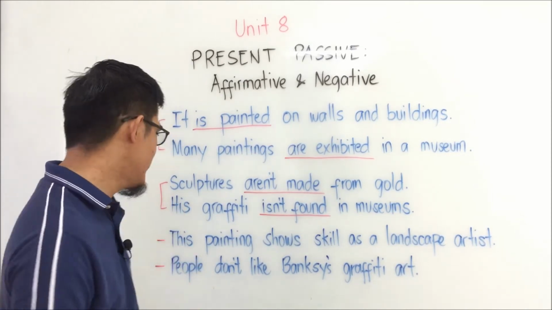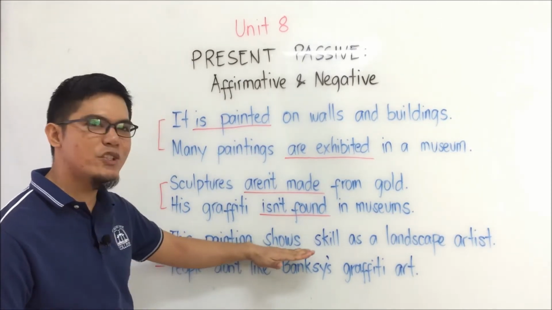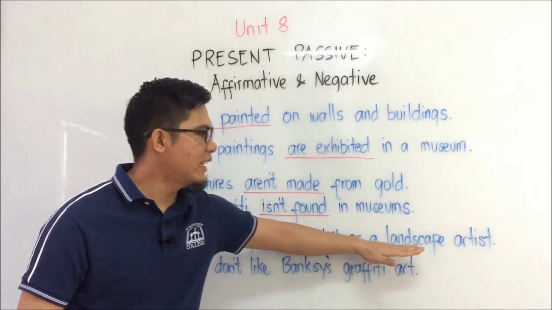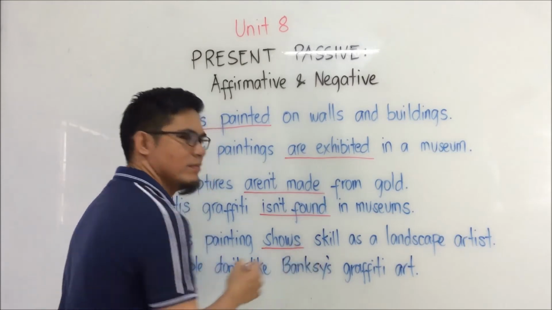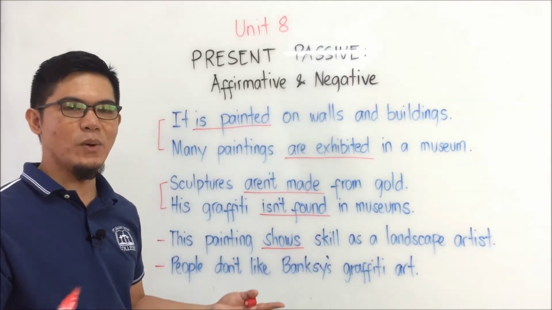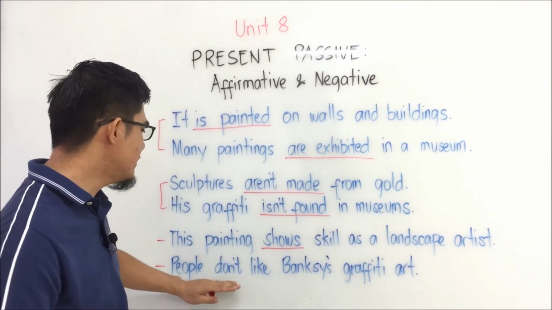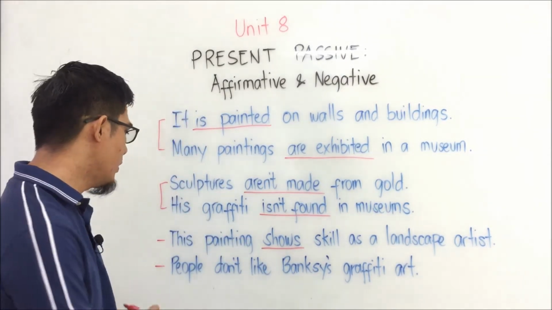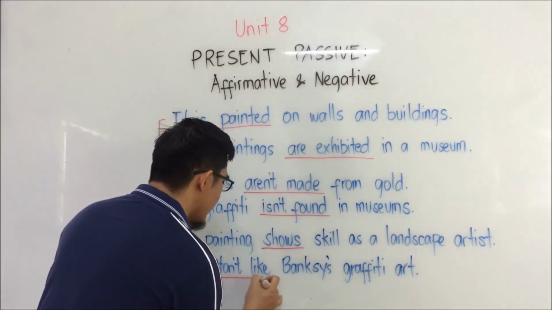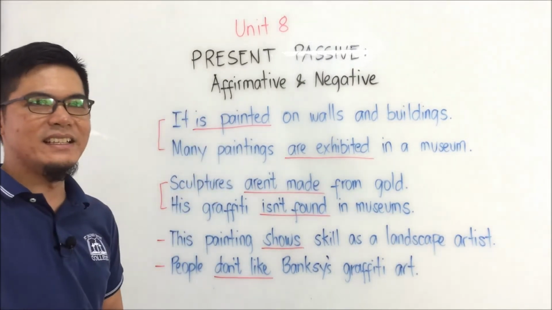What about this? This painting shows skill as a landscape artist. The verb is shows. No is, no are. People don't like Banksy's graffiti art. The verb is don't like. Okay, now,